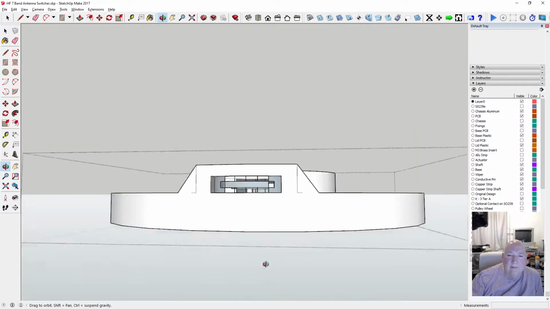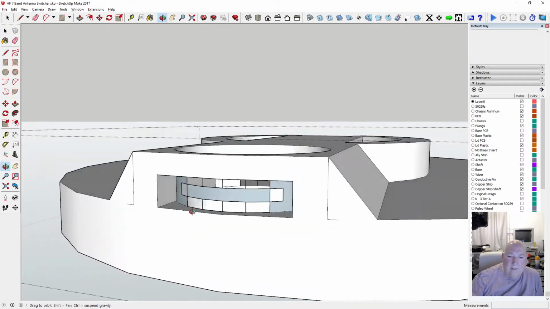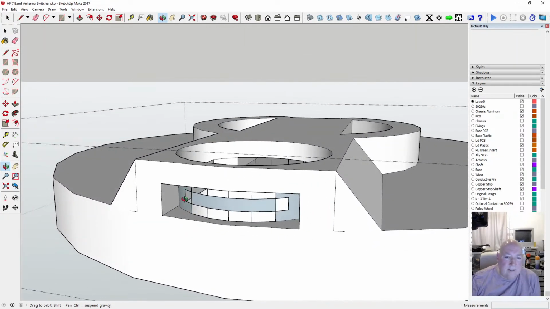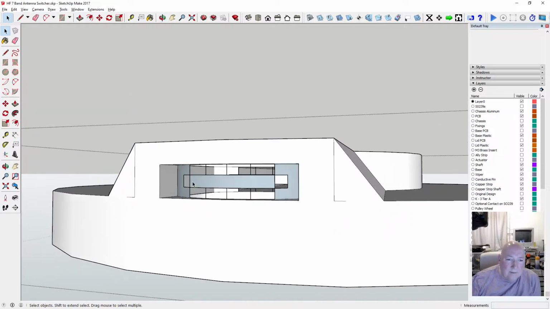And then we need to get rid of these bits, this cage it's made. So delete some of this stuff. Tidy this up. So we've got a hole going through. At least you can see the contact strip a bit better.